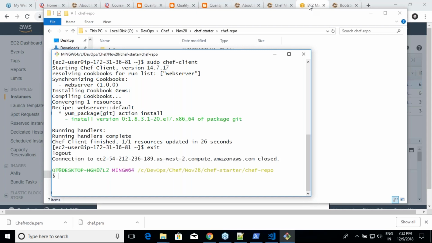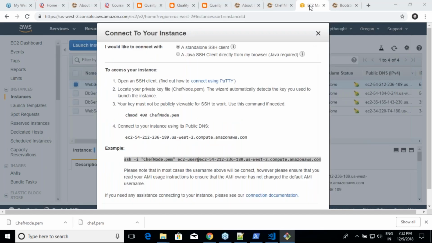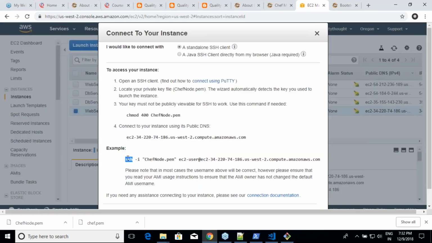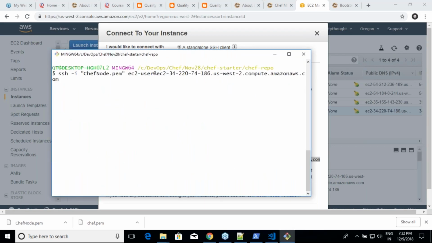So what is my second Red Hat machine over here? Another web server. Click on connect. Okay.